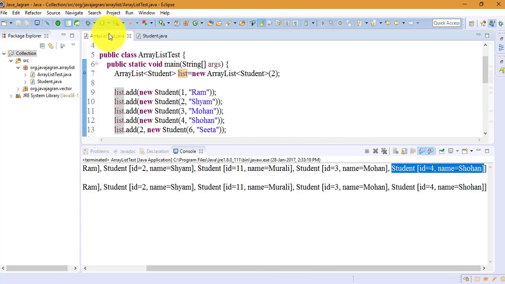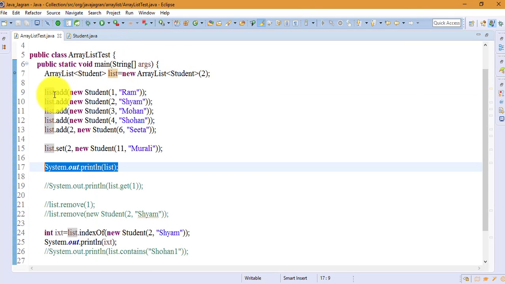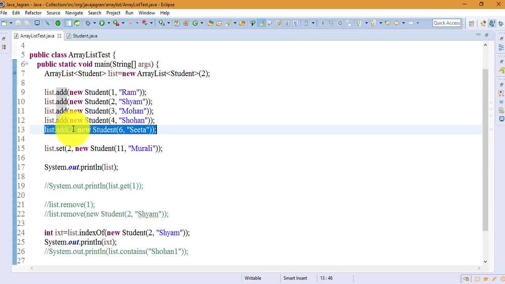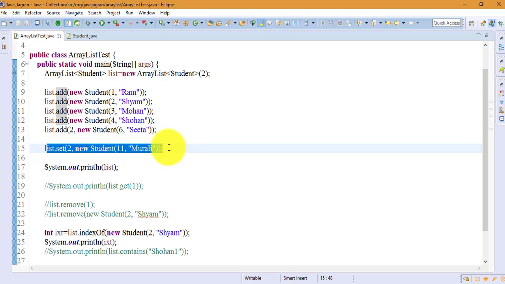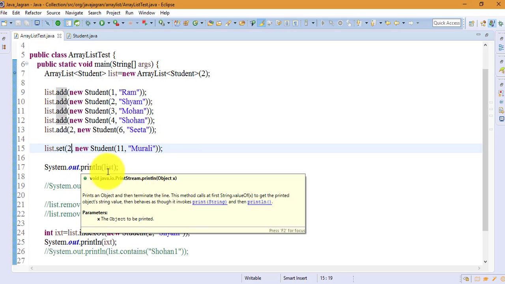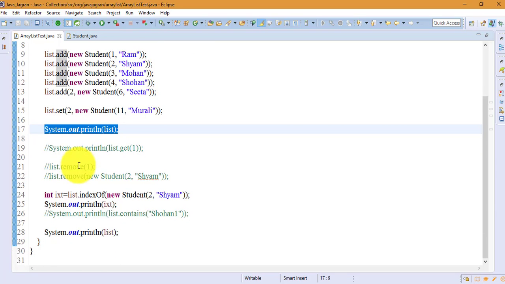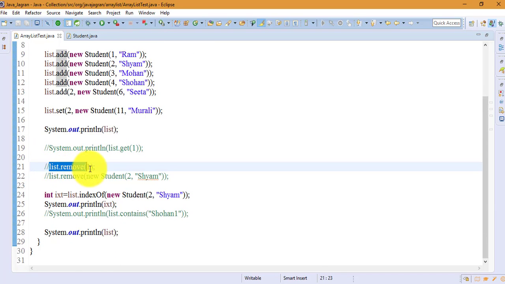So this is how the ArrayList works. Again, I talked about the add method, how it adds; it will ensure the capacity. This add with two parameters will add at a specific location. The set method with a parameter will replace the data. The list will call the toString if you pass it in System.out.println. Remove: in the case of remove, if you are passing the index, it will simply go there and remove it.